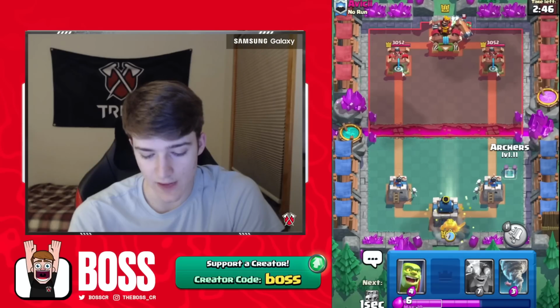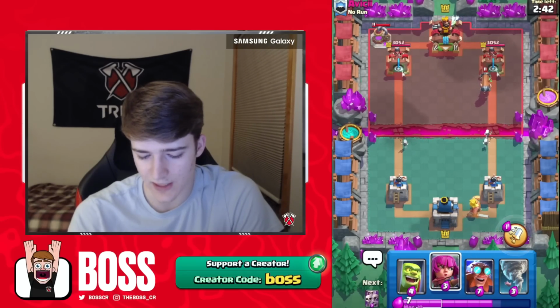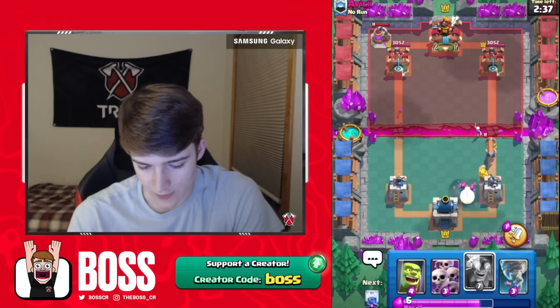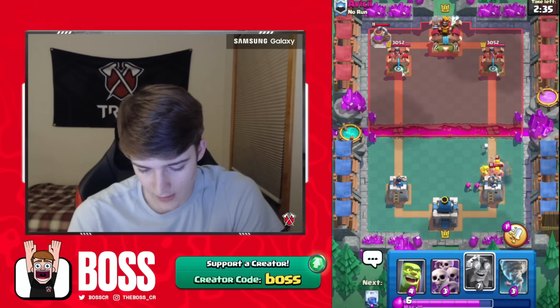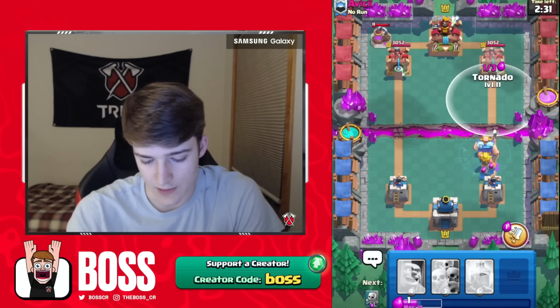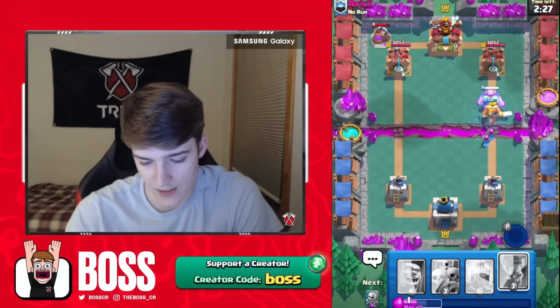So I'm going to Golden Knight, and then I'm going to probably Cage, or instead of going Cage, what I'm going to do here is go Archers, just because it's cheaper. Yeah, I'm gonna go E-Giant here. We already have a really nice counter push coming in. And keep in mind, he went for...